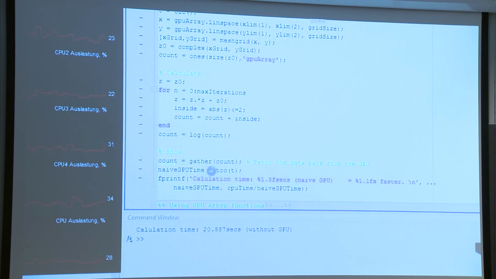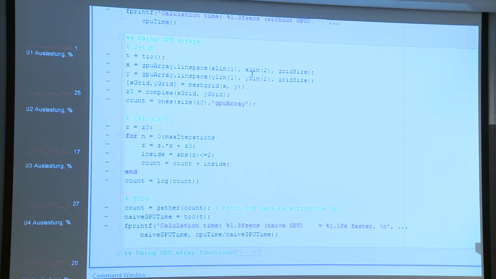And if I run that now, I'm at 0.7 seconds. So it's an improvement of 26, it's 26 times faster. So for these really simple calculations, GPU excels. And you can even improve it further